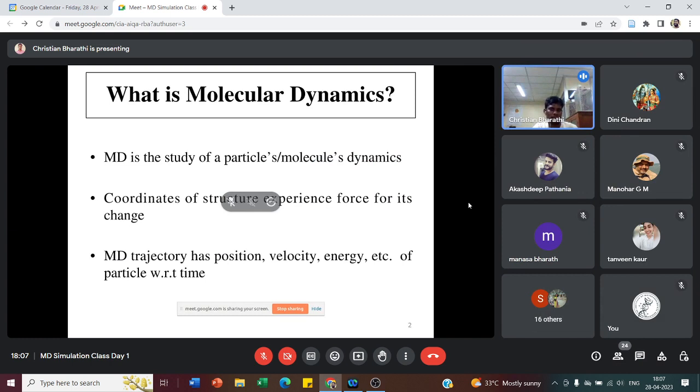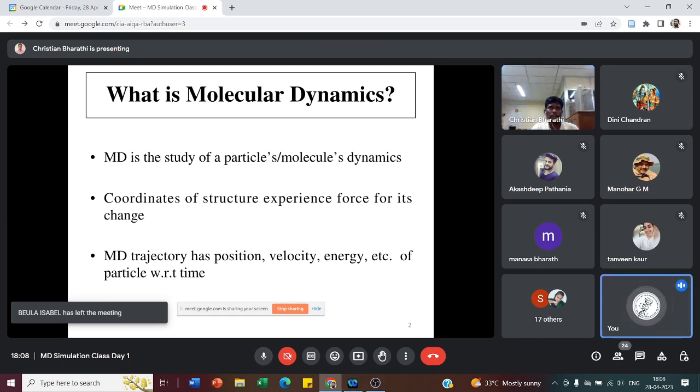For experiencing dynamics, it needs some force, so that it will change its conformation, and it goes through many changes. So if the coordinate is changing,